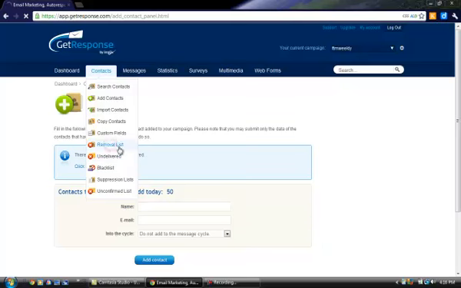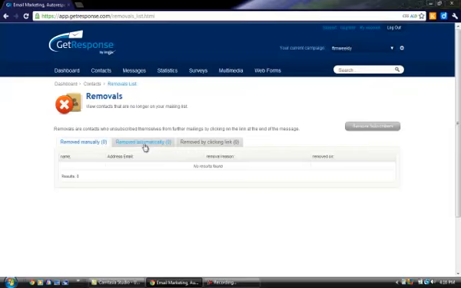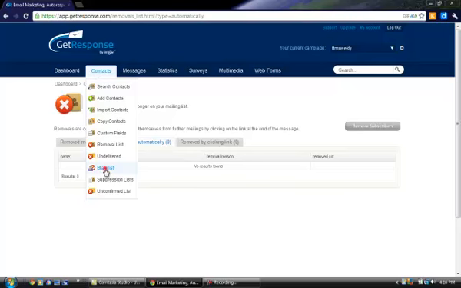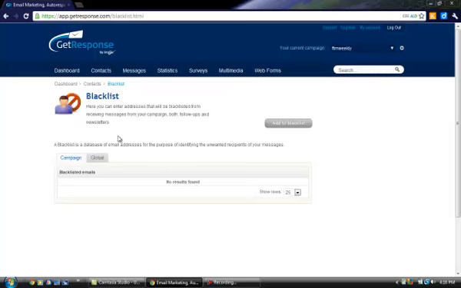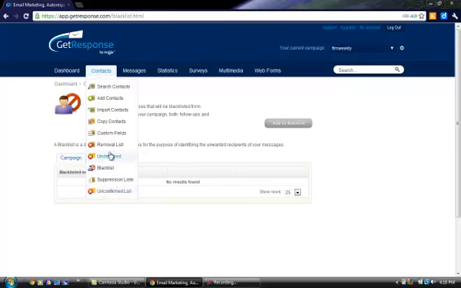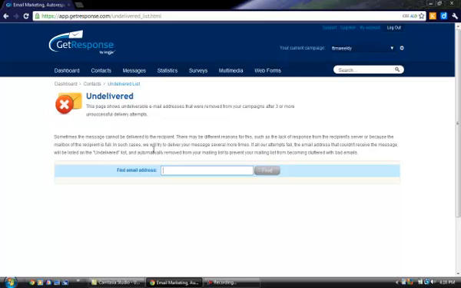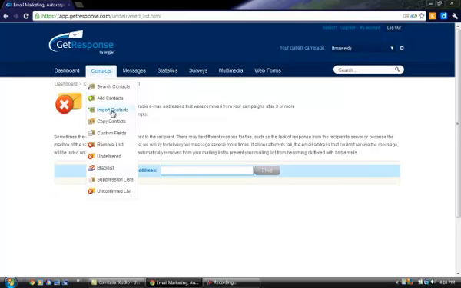You'll be able to come in here and remove. So this is your removal list. These are contacts who unsubscribe themselves from further mailings. And so you'll be able to go through and see who they are. Blacklist is, these are email addresses that you can blacklist from receiving future emails from your campaigns. And then also your undelivered. This is helpful to find out exactly what emails are not actually being delivered, and that'll help you take care of your list a little better,